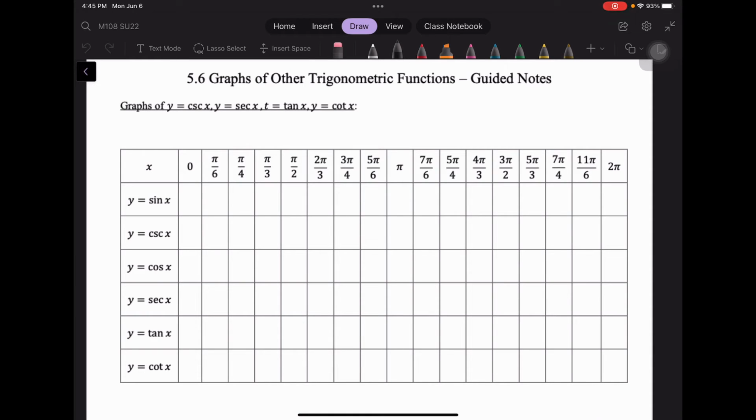We are now going to investigate the graphs other than cosine and sine. So we're dealing with their reciprocal functions, cosecant x, secant x, tangent x, and its reciprocal cotangent of x. We're going to start out by writing the values for sine, cosine, and tangent that we know from the unit